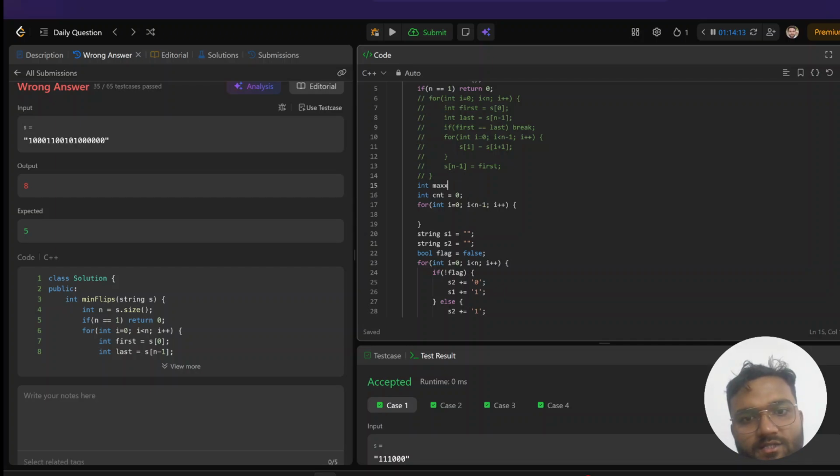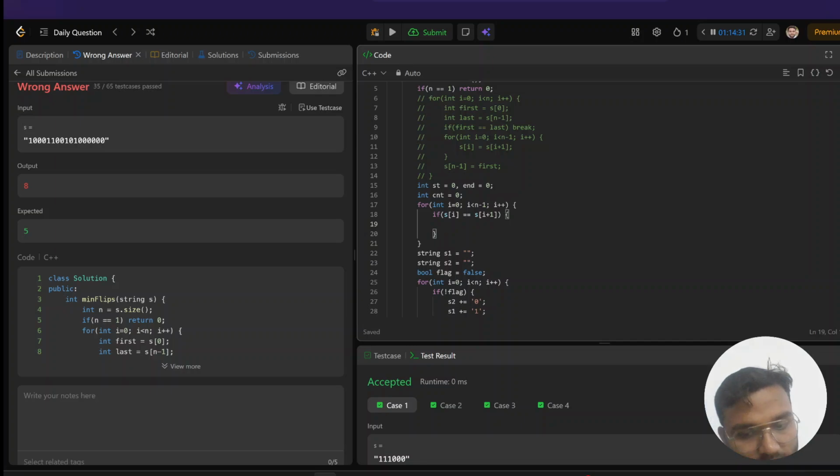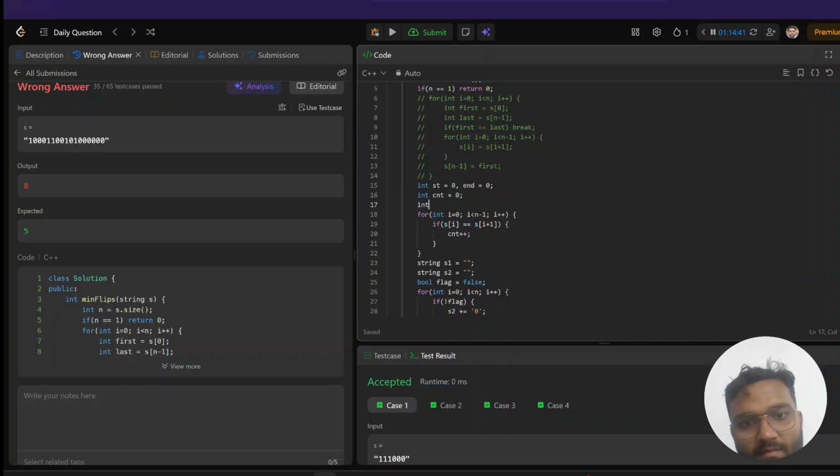There should be a range, start at 0 and end at 0. So if I get s[i] equal s[i+1], that means 2 are equal. I do a count plus plus. And there would be a max